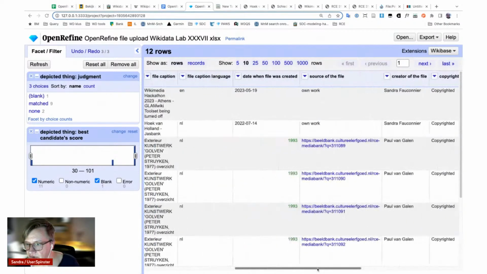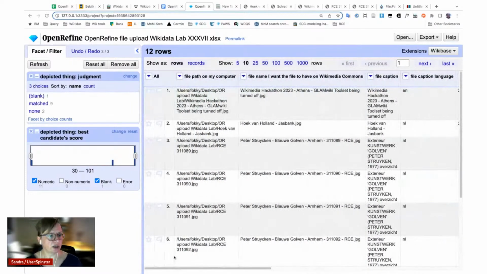But one additional step that I will show you that is super crucial. To tell OpenRefine that you need to upload files to Commons, you also need to reconcile your file names to Wikimedia Commons. I know that sounds a little bit complicated. While developing this part, we try to simplify it a little bit. If you've done uploads to Wikidata before with OpenRefine, you will know that you have to indicate that